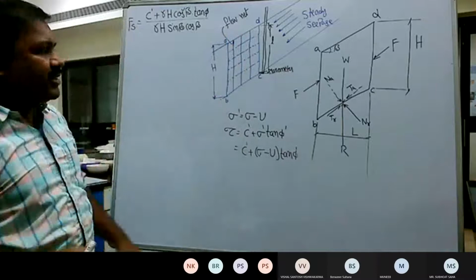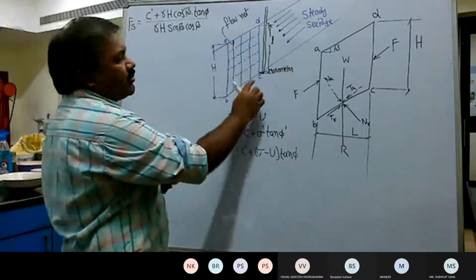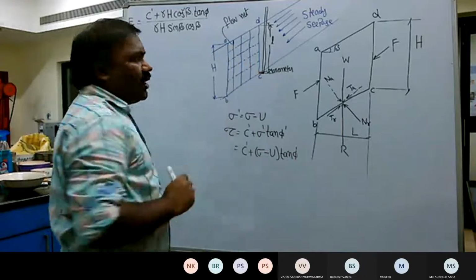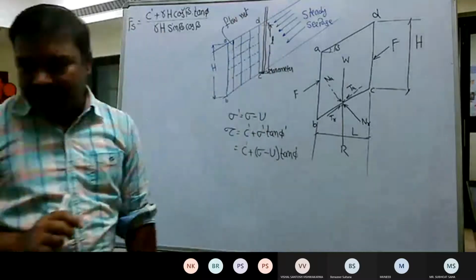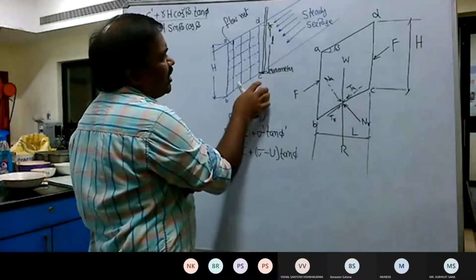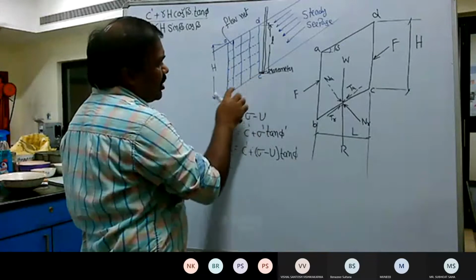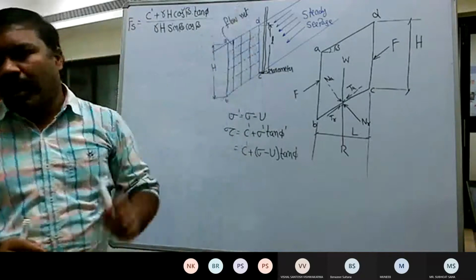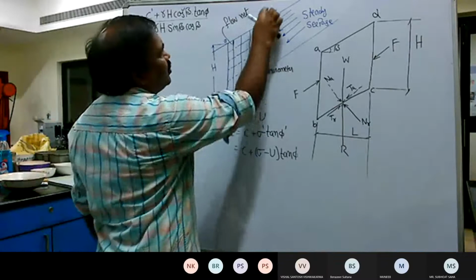So for a given area of A, B, C, D. Now, one important thing that you need to understand is, suppose if I put the manometer at any junction of this flow net and equipotential line, the water rises to the topmost surface. For the worst condition, if I put the manometer either at this corner or at this corner, or at any junction, you will get the height of the water rise. This is the manometer I kept here.